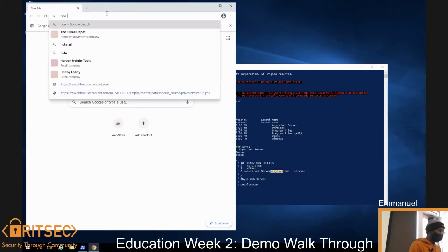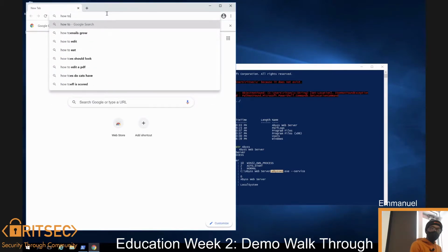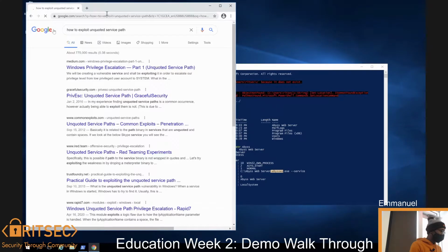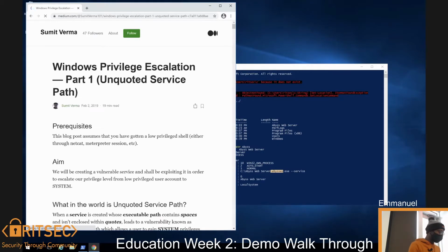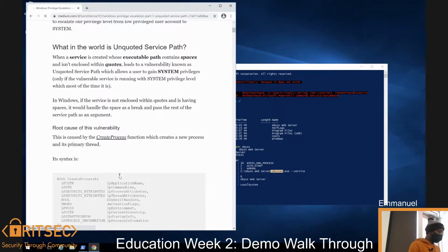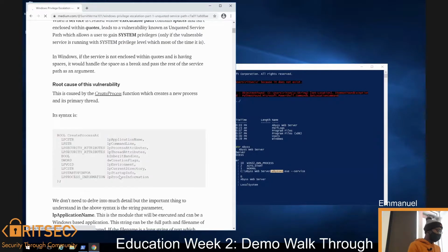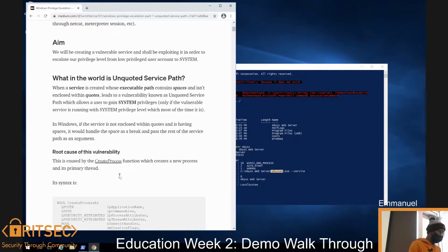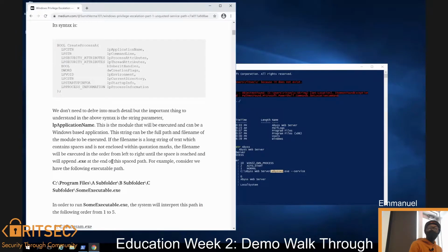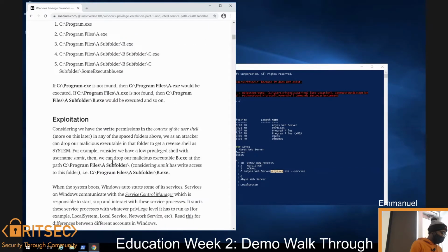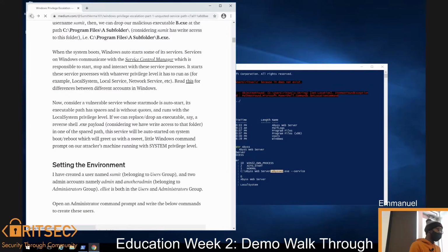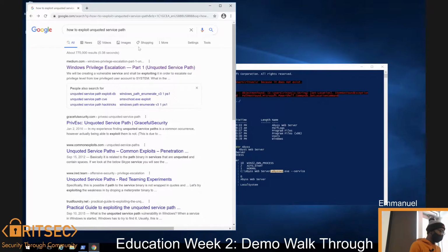So if we search how to exploit it, as you can see, there are multiple resources to go to. You should definitely read this blog post because it tells you why it's vulnerable to this exploit. Is exploit the right word? Vulnerability, I think. So read this, and it really helps you understand this. And eventually, if you go through a lot of pages, you are gonna find